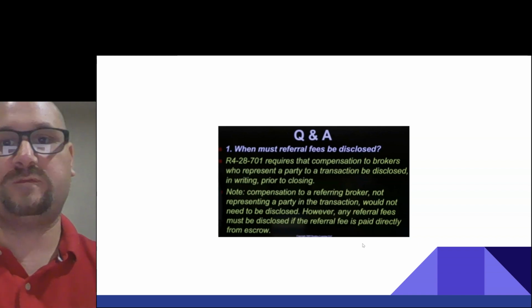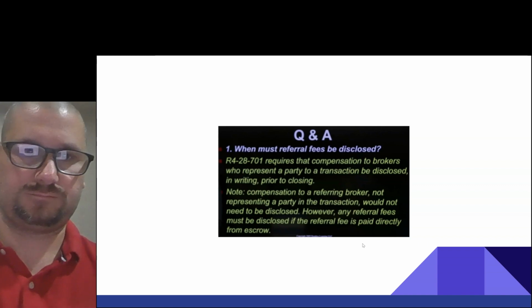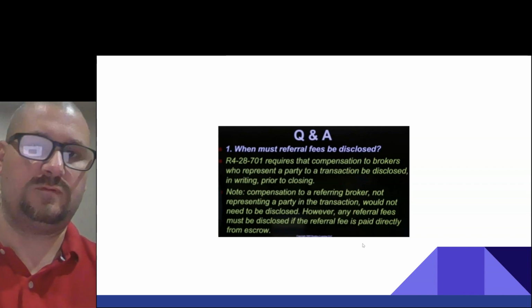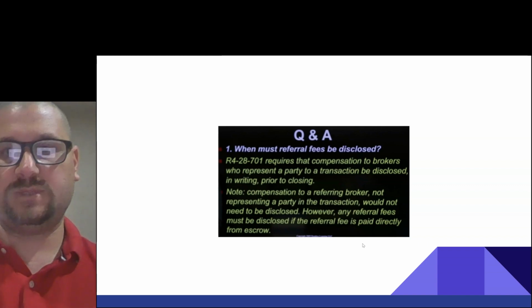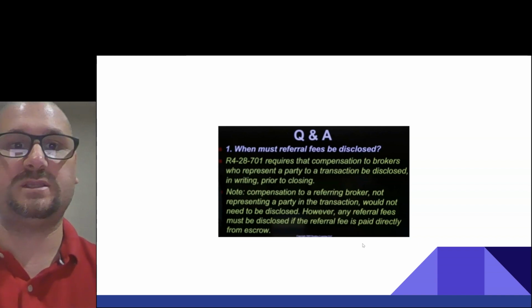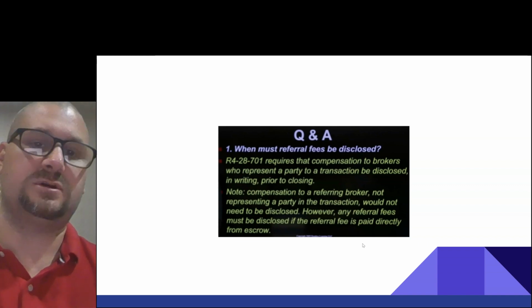When must referral fees be disclosed? So Rule 4-28-701 requires that compensation of brokers who represent a party to a transaction be disclosed in writing prior to closing. So here's a note.